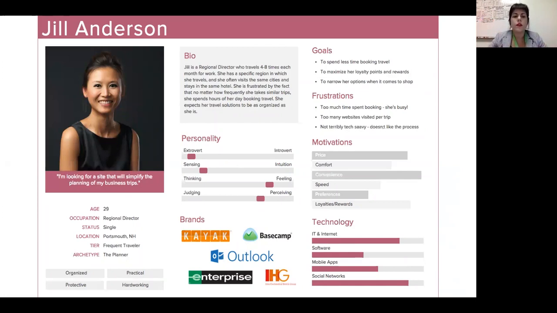So in general, if you have a designer on site, ask for help. Or if you are a designer, don't feel shy about using your design skills to build the personas. The more attractive the personas, the more likely that someone in your organization will be willing to read the content of your personas. Again, the goal, once you have the personas, is for the organization to use them, right? So if you want to achieve that goal, you want to make sure that the task of reading the information is not daunting.